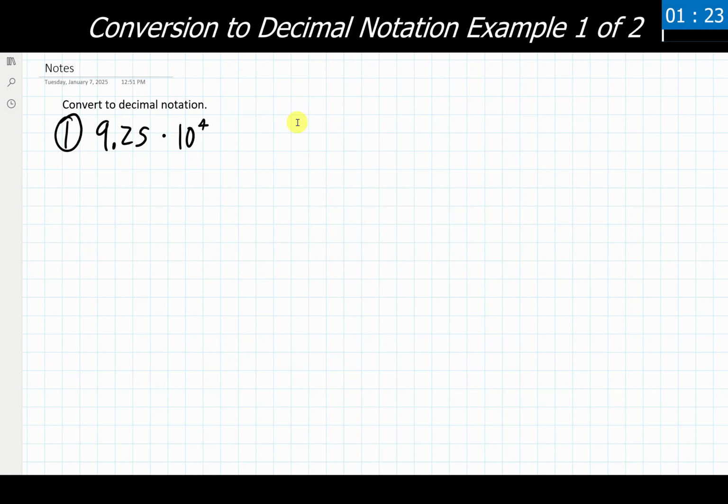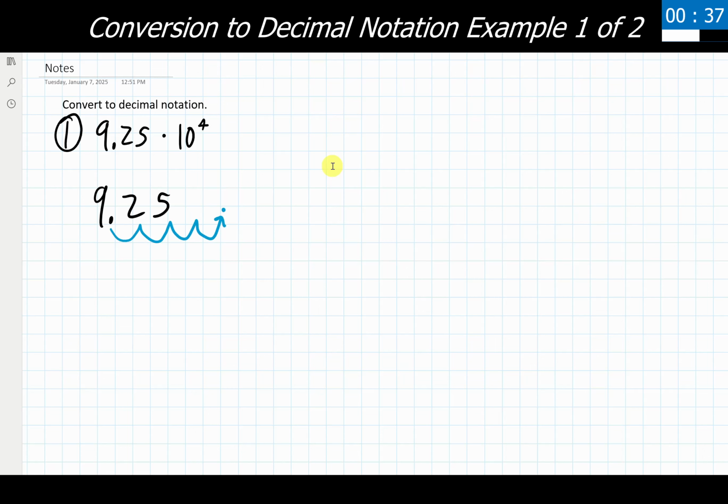With our next pair of examples, we're going to be going through and converting into decimal notation now. So following my process, I'm going to determine what the exponent is. In this case, it's 4. So that means this decimal is going to be moving 4 places either to the left or 4 places to the right. We determine which direction it's going to be moving based on if this exponent is a positive or a negative number. Looking at our process, if the exponent is positive, then the decimal is going to move to the right. So I'm going to rewrite 9.25 down below where I started. And I'm going to move this thing 4 places to the right, and we can just count that out.